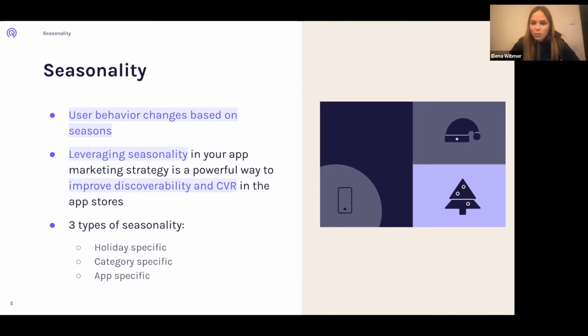New Year for health and fitness apps, for example, is one of the high seasons usually. At least we work closely with a lot of apps in that category. One of our customers is a calorie counter app who would usually experience a boost in traffic with the new year. People have new, ambitious goals to lose weight, to get more fit within the new season. So usually that can be seen in the traffic.